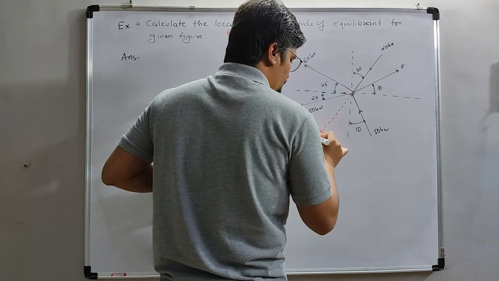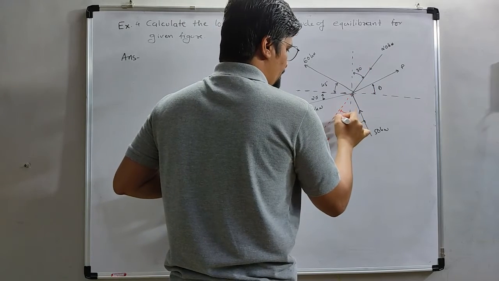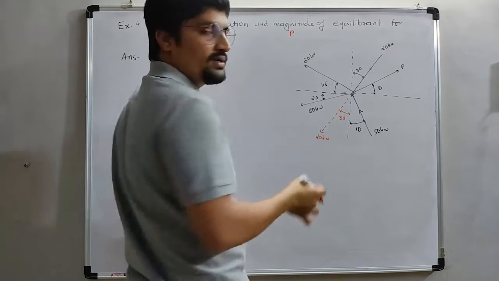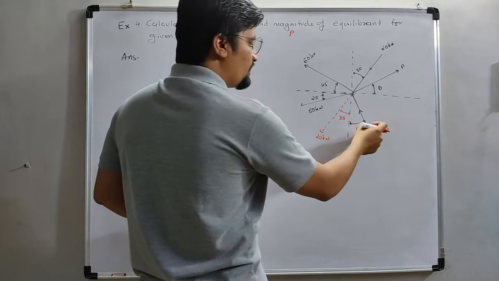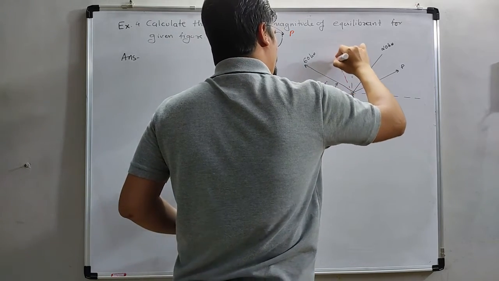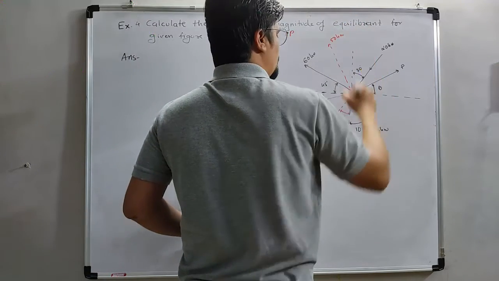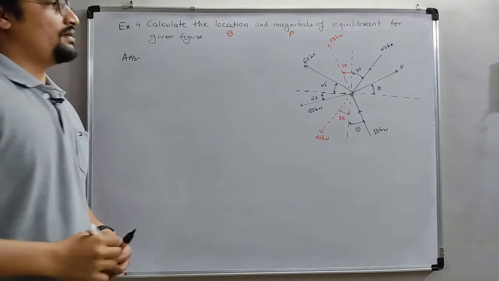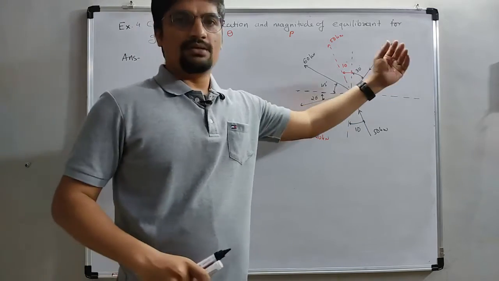Here it will come 20, and here 30. 60 is in the tensile zone at 45 degrees. 80 is at 20 degrees tensile, and this 50 is compression at 10 degrees. The updated figure will be like this: 50, and here 10 degrees. Nothing else, we just need to put the P value in the place of P.